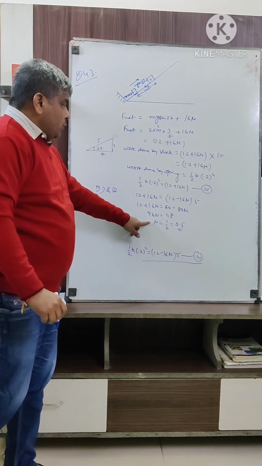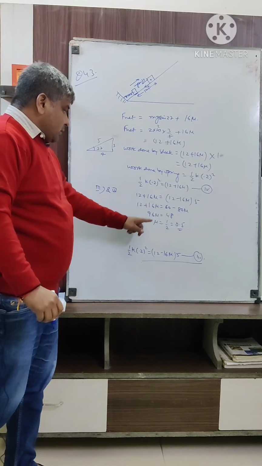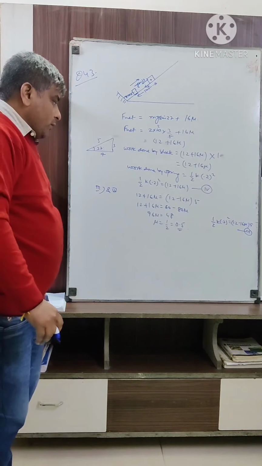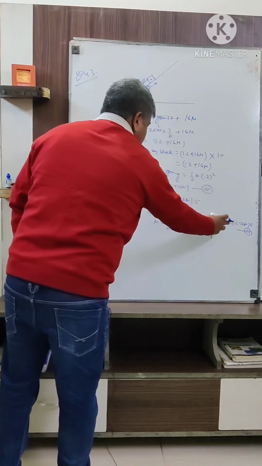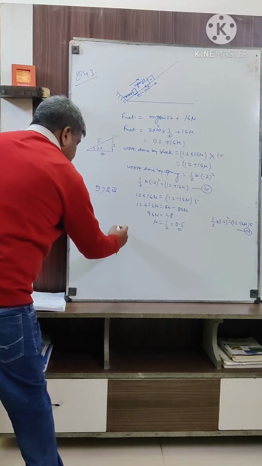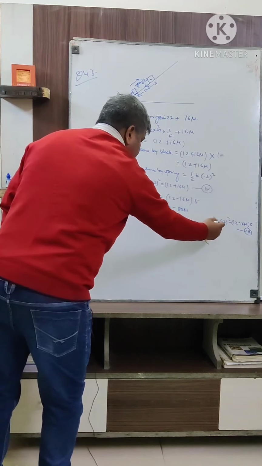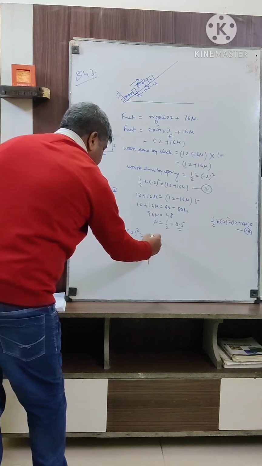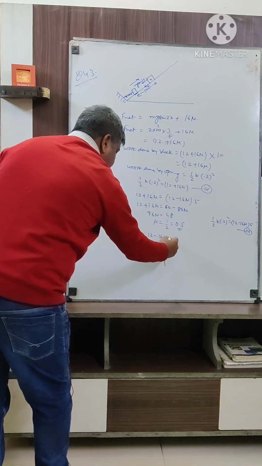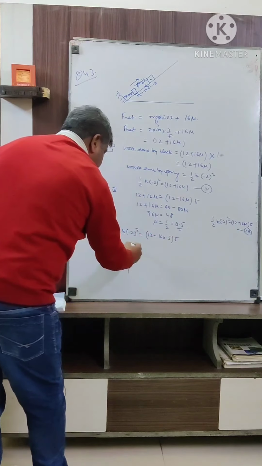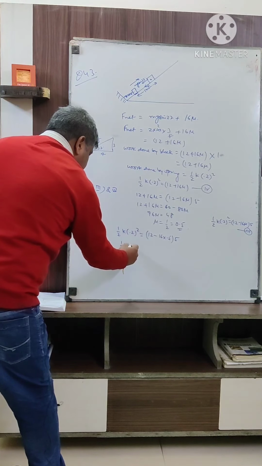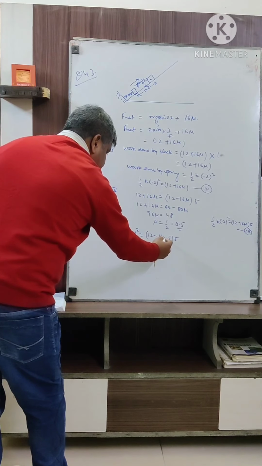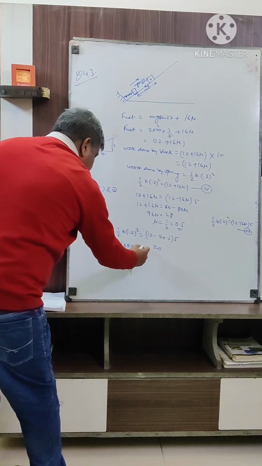And now we will put the value of mu in any one of the equations. Let us put the value of mu in the third equation and find the value of k. So it will be half k 0.2 square is equal to 12 minus 16 times mu, which is 0.5, times 5. Here we can solve it a little bit: k into 0.2 into 0.2 is equal to 12 minus 8, which is 4, 4 into 5 is 20, and here it is 0.1.